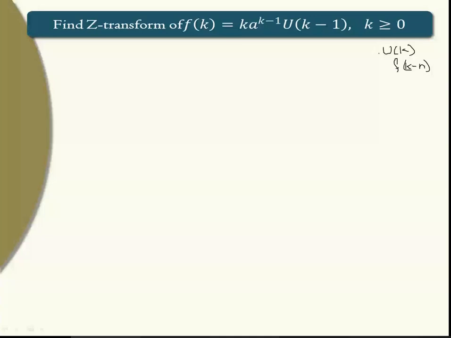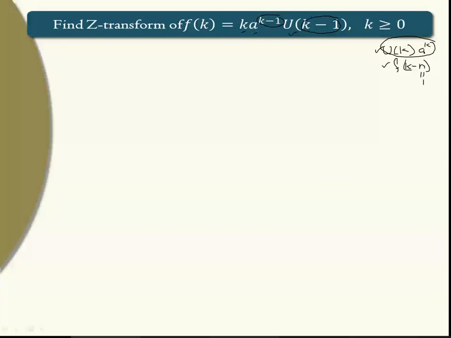So first find what is the z transform of u(k), then find the z transform of u(k minus 1). Then you can use multiplication by k property, a raised to k property. Or first find what is the z transform of u(k), then use multiplication by a raised to k property. And you can see instead of k, we are having k minus 1 for both the terms. So for all these terms, we can use this property. Take n as 1. So we get u(k minus 1), a raised to k minus 1. And at the end, use multiplication by k property.